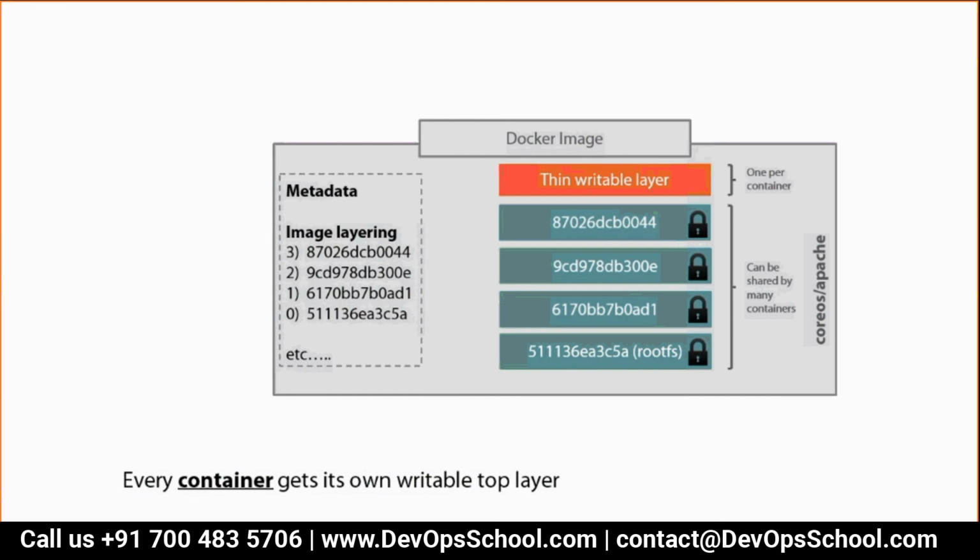Where will the metadata get stored, and what are the uses of it apart from the layering information? All metadata will be stored in /var/lib/docker, for your information, in the images directory. Layers will be there in the overlay2 directory, and metadata will be in the images directory. Containers metadata will be in a containers directory under /var/lib/docker. Everything is inside /var/lib/docker.